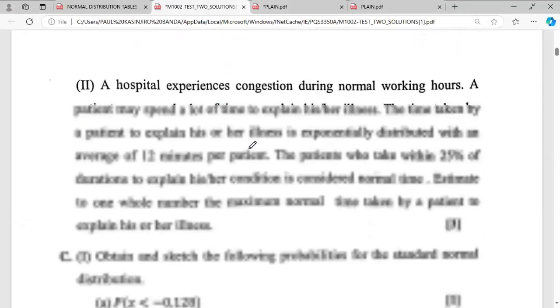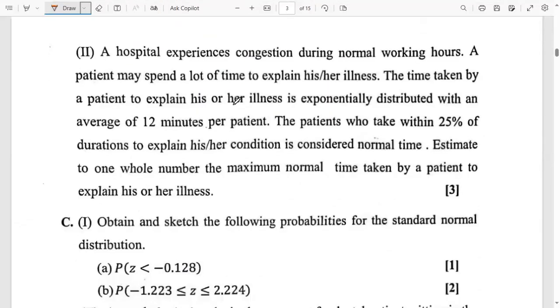So we are done with this. We go to B2, where we have an exponential distribution. Remember what I said, you have to know the formulas. So here they're saying,